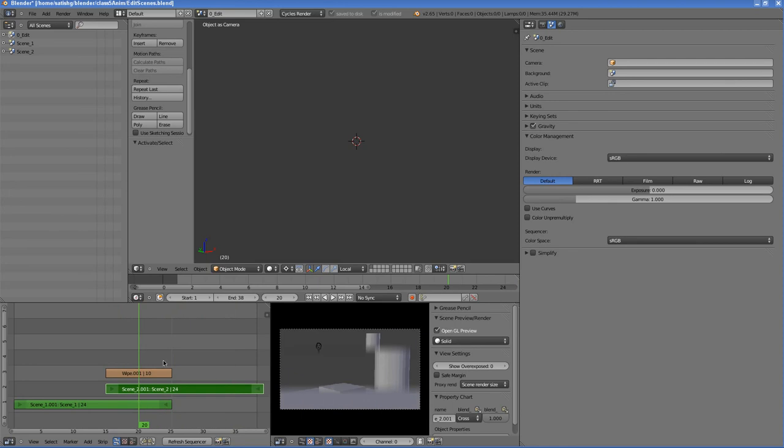Now in the next tutorial I'm going to show you how to split scene 1 and scene 2 into different blend files, and then in another blend file link these two scenes together, and create something like this. Cool.